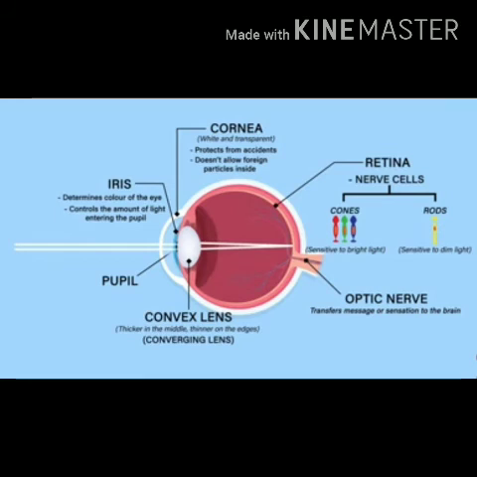It means cones help us to see in the bright light. As well, one more feature of these cells is that rods are not able to give any information regarding the color of the object, whereas the cones are responsible for the sensation of color. So it is the cone cells which help us to identify the color of objects. Now this retina is attached to the optic nerve. The optic nerve carries the image formed on the retina, or any sensation or message of the retina, to the brain.